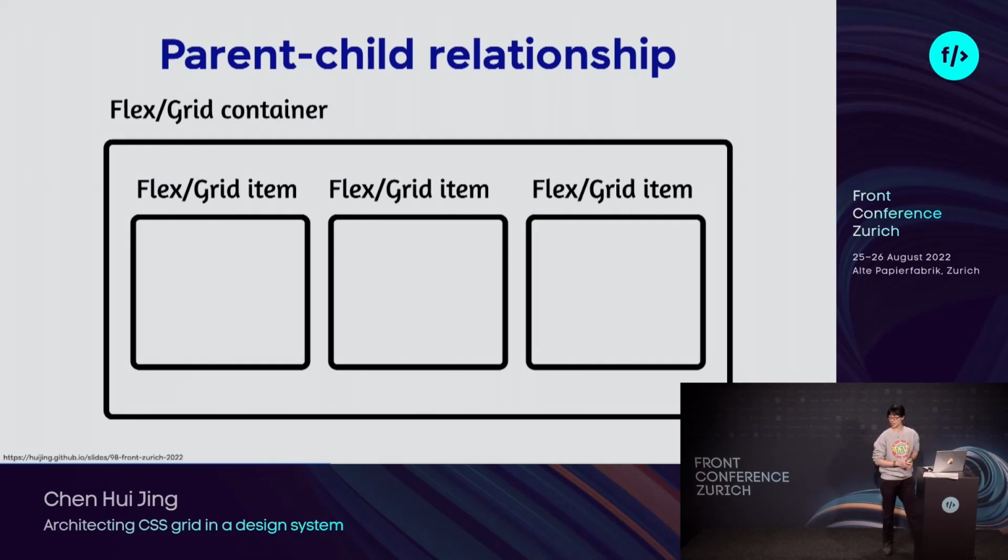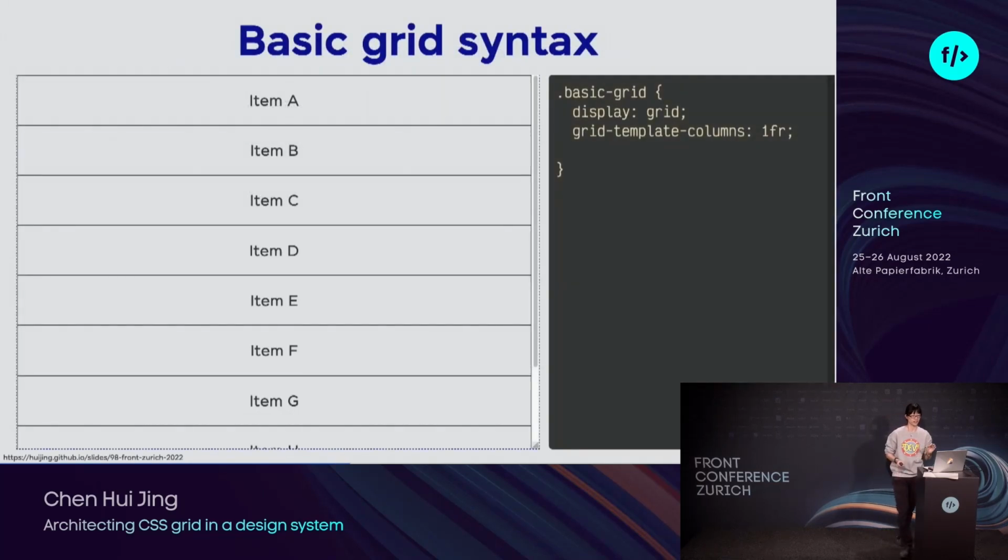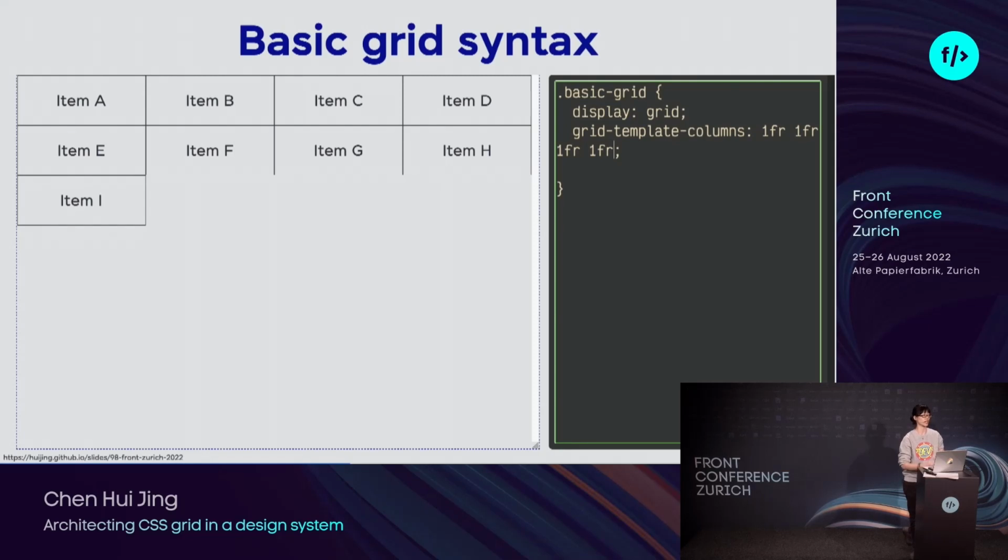But let's first do a quick run-through of how Grid works and how to use it. Very similar to Flexbox, it involves a parent-child relationship between the container and its immediate children. So when you apply grid properties onto the container, it will have an impact on the grid items. And the grid items themselves have an awareness of the siblings around them. The bare minimum to start using grid as a layout tool is you can just set display to grid and then define some columns. Theoretically, you don't need to define the rows because the rows will just naturally be as large as they need to be to contain the content within that row.